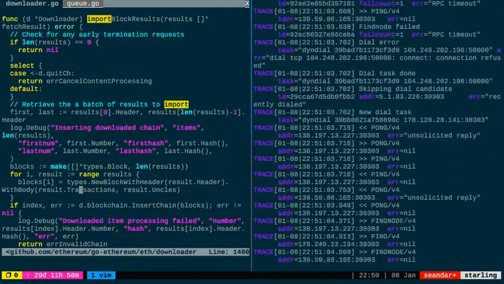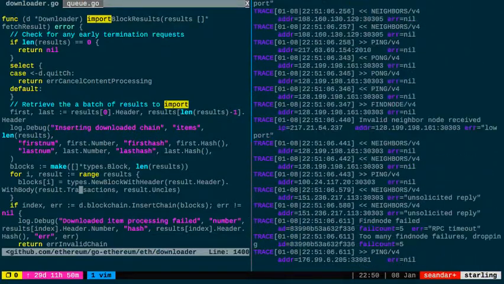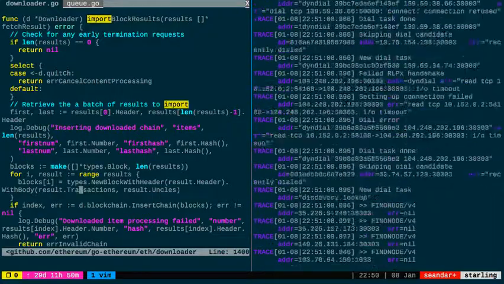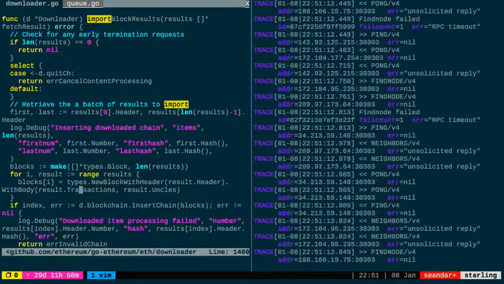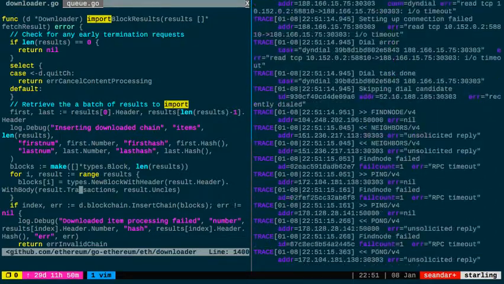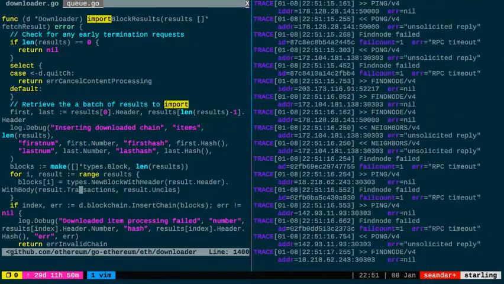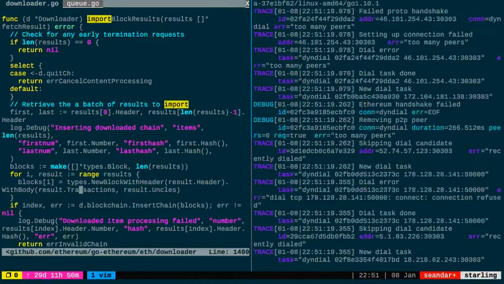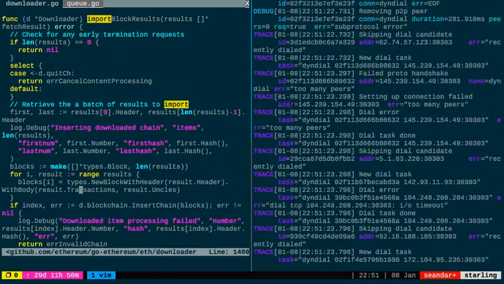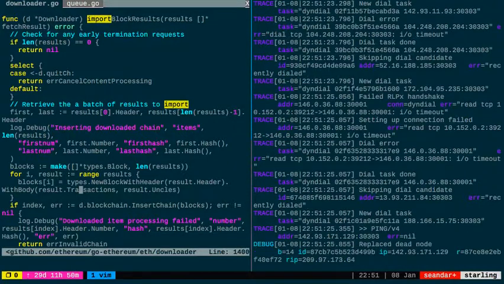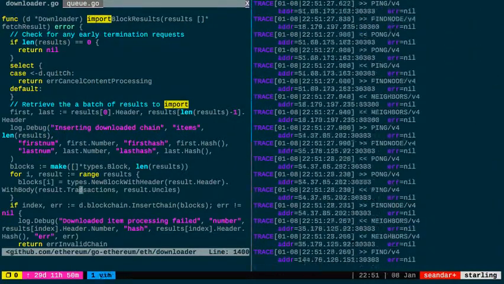So my node is just really getting errors because it's getting no replies from nodes. Failed RLPX. Cool. Anyway, so